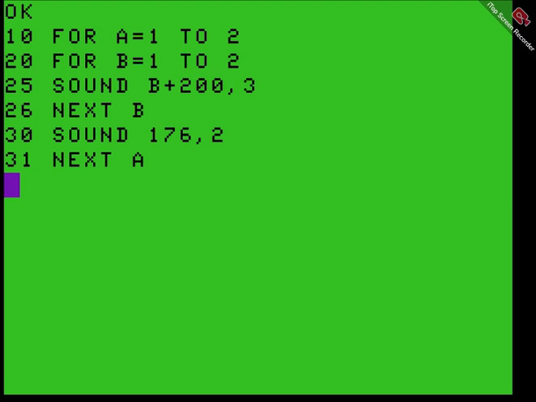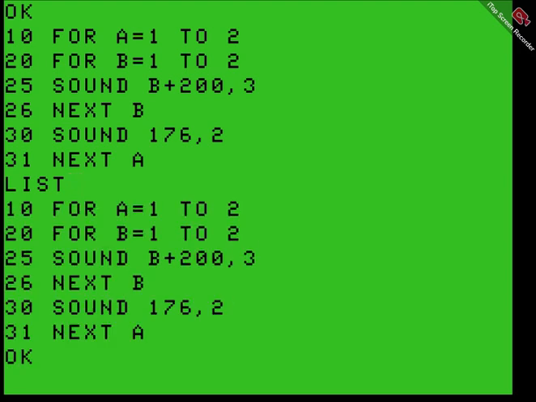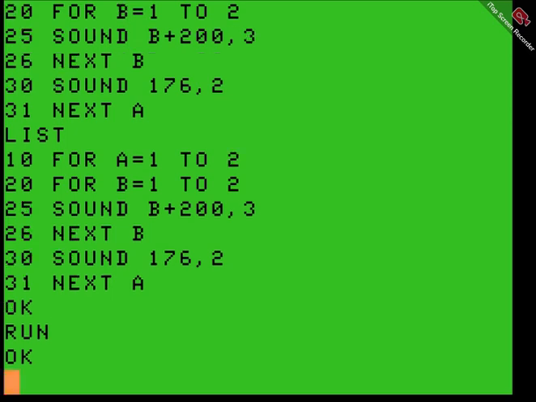Now it can't be next A, next B, because that will be an error, because it's like the other way around. See, line 10 connects to line 31 because we're executing those things in that loop. Line 20 connects to line 26. That's the correct way. So now we will run it. So you see,